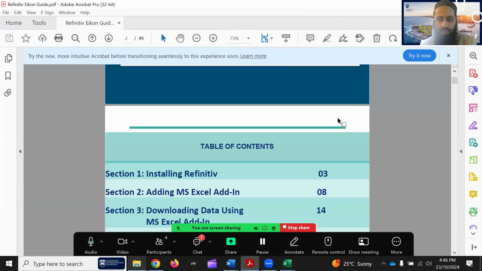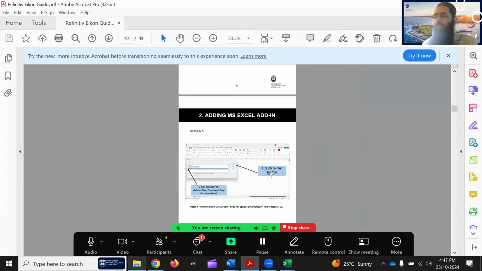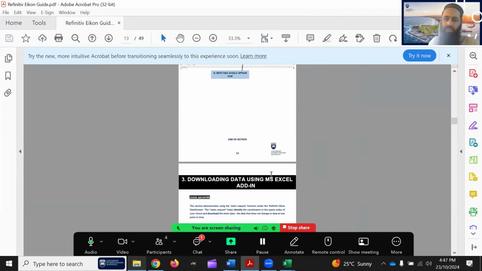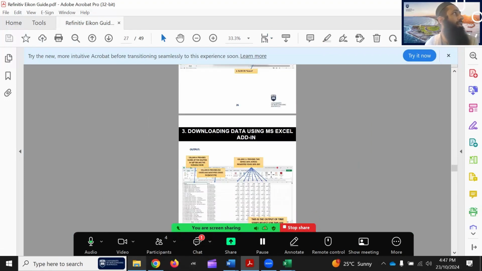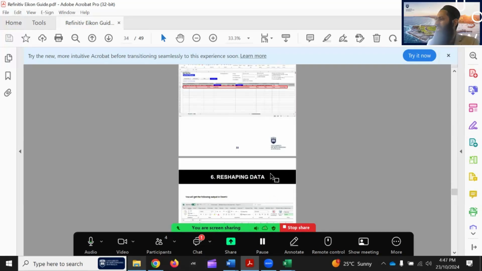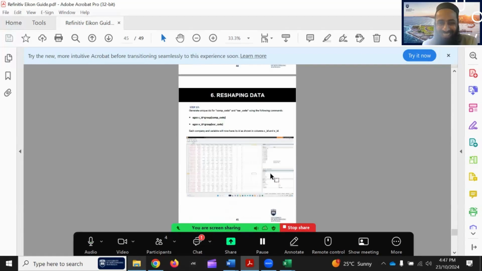So if I go down, it has features: installing the Refinitiv add-on, different things and different ways, and including the reshaping of the data. It has all the screenshots, which we have tried and tested on the Eikon. Everything was working. We also asked independent users to test and give feedback, and we have integrated everything. So it works well. All the screenshots are there. I might come up with a similar training manual for the Refinitiv Workspace. I know videos are there, but sometimes some people want to have the printed process and they can follow. And some may prefer the video over the manual. So that could be something that could be explored.